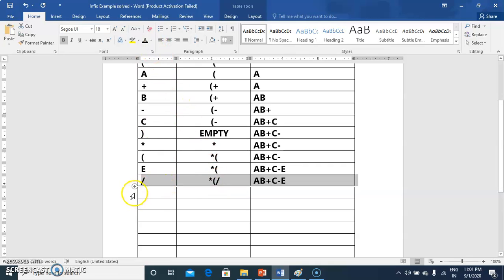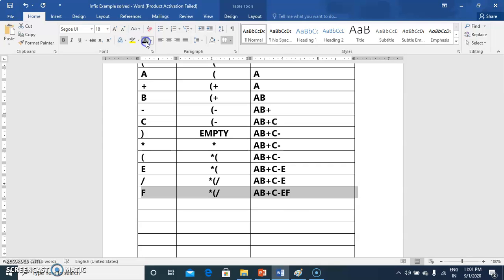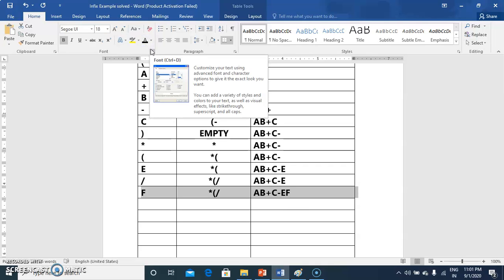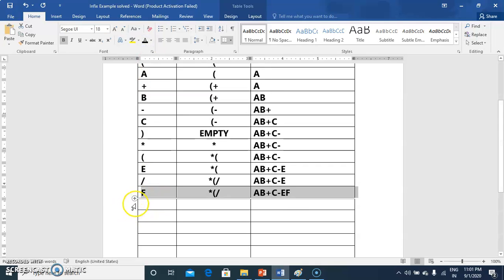After that, F is coming. So F will go inside the postfix expression. After F, closing bracket is coming. As the closing bracket comes, you have to pop the contents of the stack till you encounter an opening bracket.